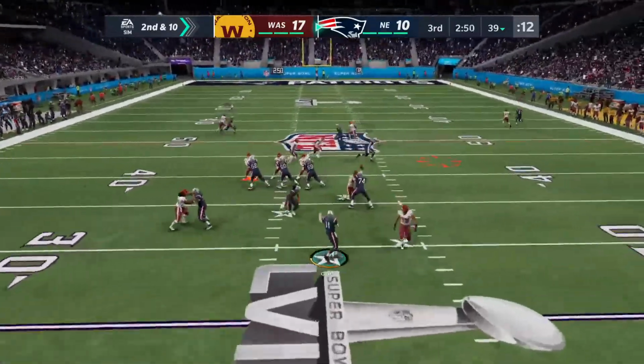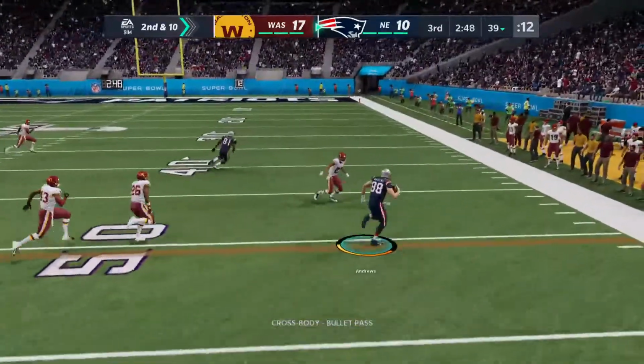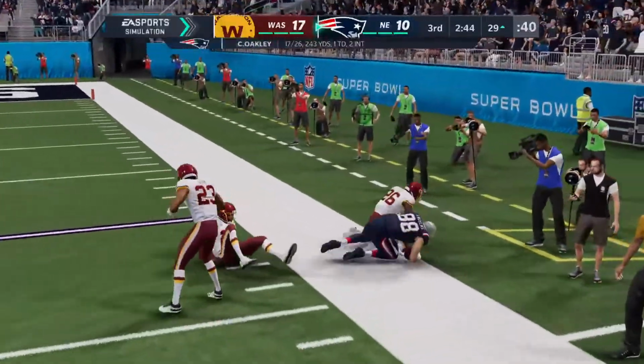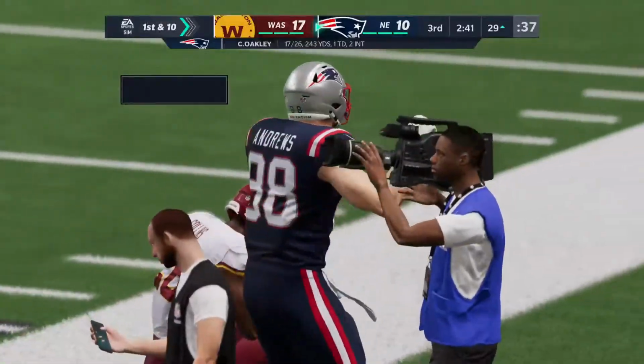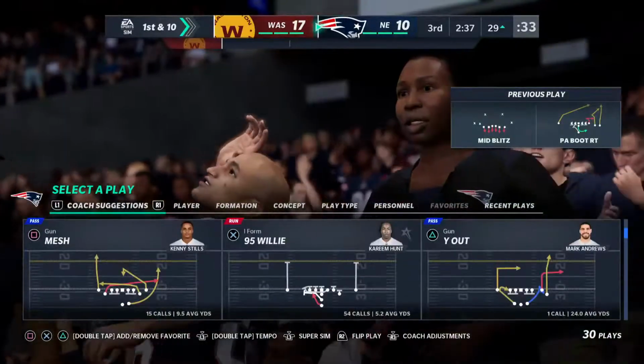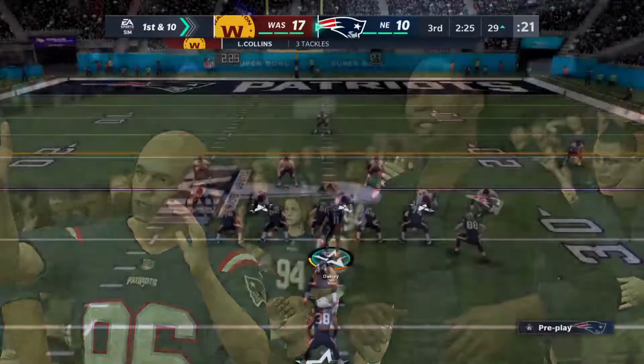Off play action. Oakland. A short throw caught by Andrews. And he'll go down, but not before getting this inside the 30. That'll go as a pickup of 32 on the catch and run. What a luxury to have a tight end that can not only catch it, but then can run after the